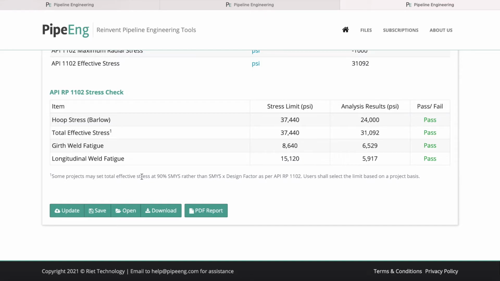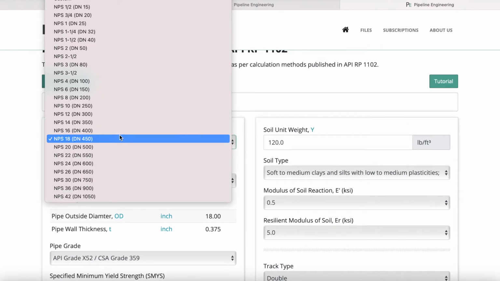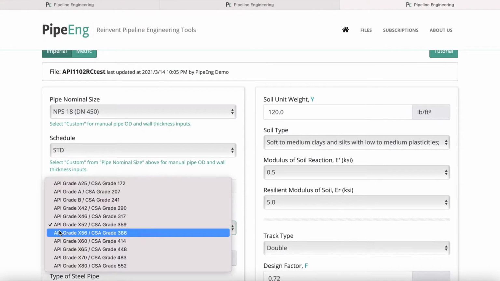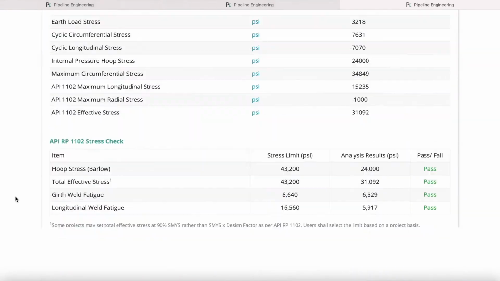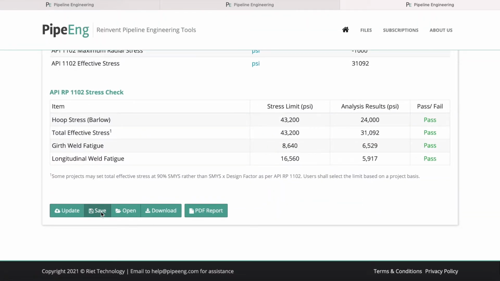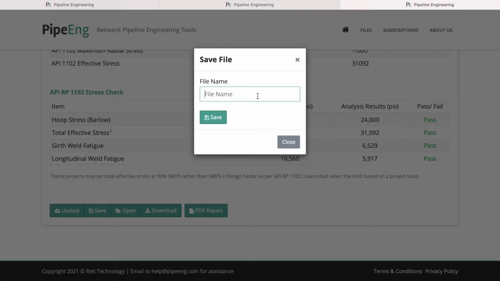But if you want to make, let's say, a minor change, like we keep the same size but a different grade, let's say go to 60. If you want to save this as a different file from the one you already have, then you just go to the save button again, and make sure you use a different name. Railroad crossing tryout 2, let's say, or case 2. Then you hit save,